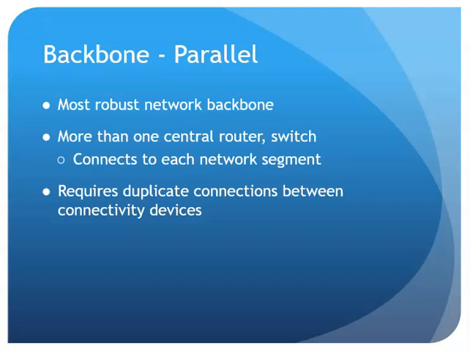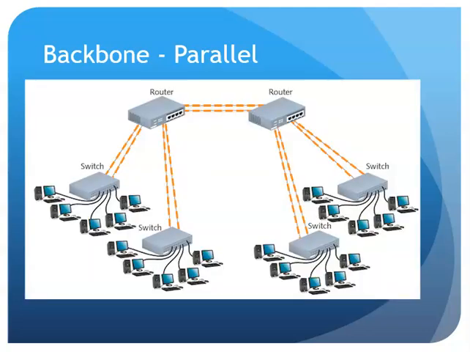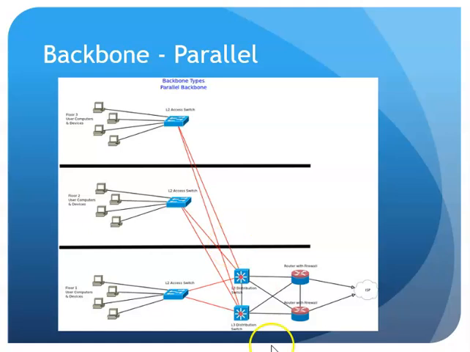And last but not least would be a parallel backbone, where I have redundant connections between my switches, which can be done. I can do 2 connections between the switch here and here, and I can have them configured to work in tandem, if you will. They work together, and so if one fails, the other one's already there running. So if I have a failed link, I still have connection there. That can be a parallel backbone. And this is kind of the extreme example here. I put in redundant layer 3s, redundant routers, but that would